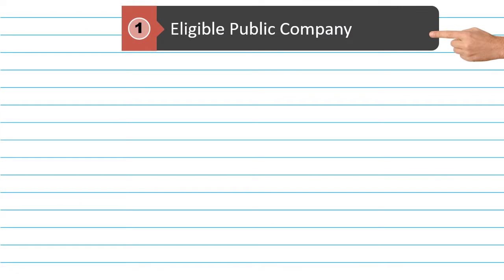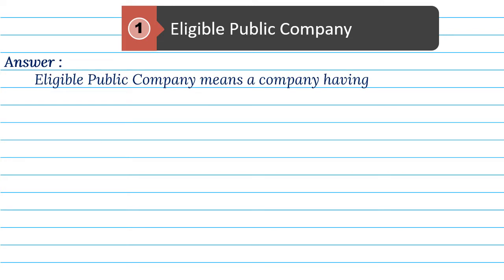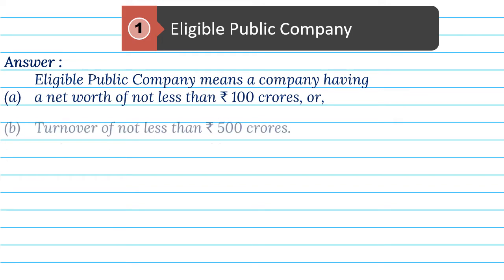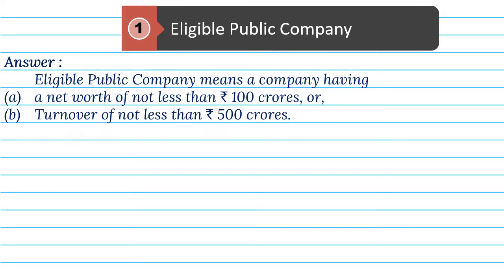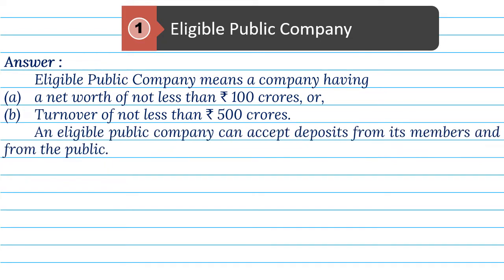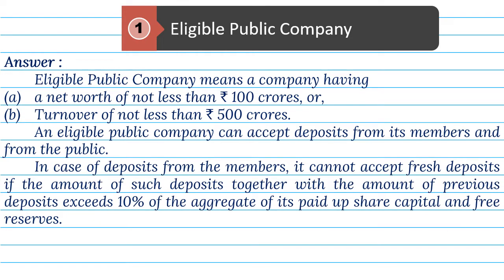1. Eligible public company. Answer. Eligible public company means a company having a. A net worth of not less than rupees 100 crores or b. Turnover of not less than rupees 500 crores. An eligible public company can accept deposits from its members and from the public. In case of deposits from the members, it cannot accept fresh deposits if the amount of such deposits, together with